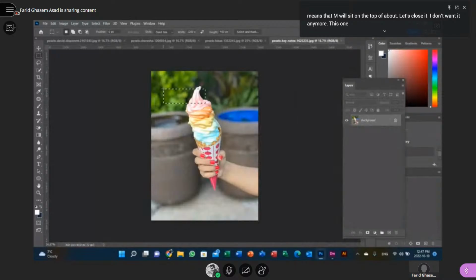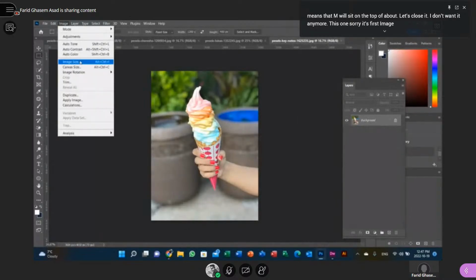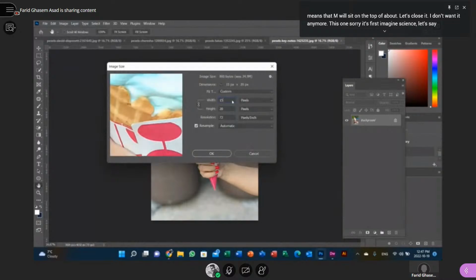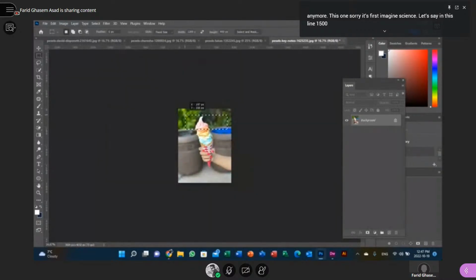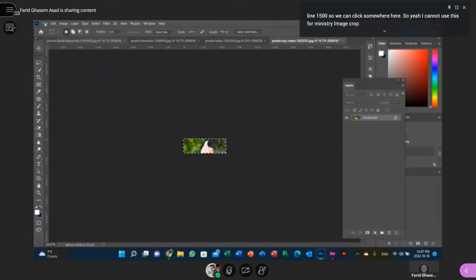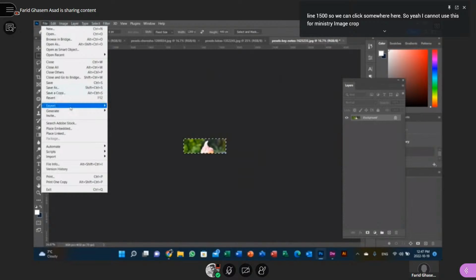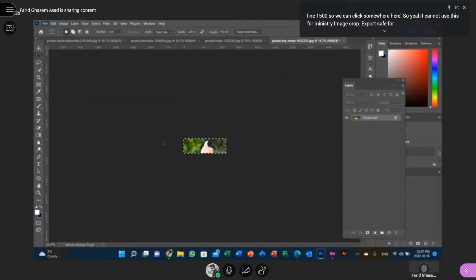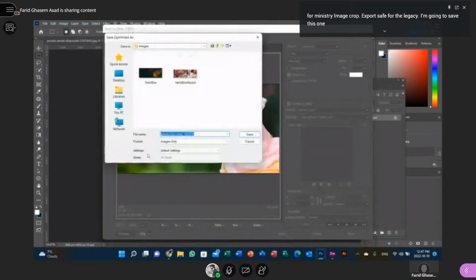This one, let's do the size first. Image size, let's say this time 1500. So I'm going to click somewhere here. So weird, I cannot use this one, but that's fine. Image, crop, file, export, save for web legacy. I'm going to save this one for the contact page. So I'm going to say hero box, but let's say